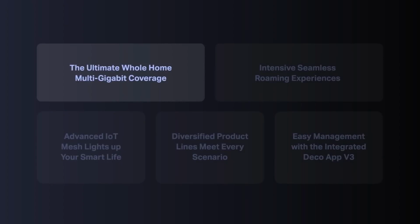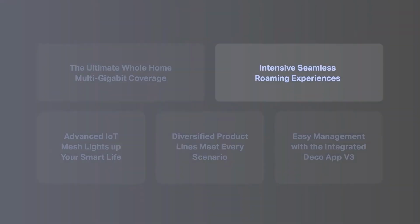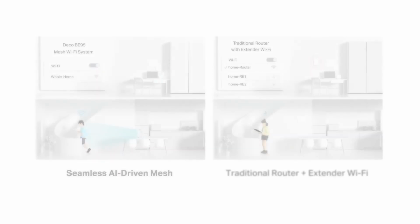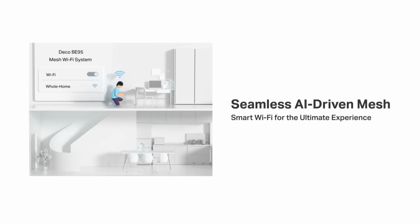Our Deco Ecosystem version 3 is not just about coverage, but also about the intensive, seamless roaming experience. Traditional mesh provides an uninterrupted streaming experience as you move throughout your signal coverage area. However, your network conditions can still be undermined by many other factors in a real environment, such as your router's placement, thick walls, or even a microwave. Armed with AI-driven mesh technology, Deco automatically learns the network environment, client quality, and user behaviors in your home. With sophisticated multi-factored algorithms, Deco customizes an ideal mesh roaming solution with one unified network, ensuring seamless streaming at the